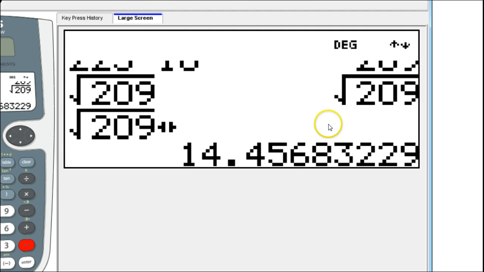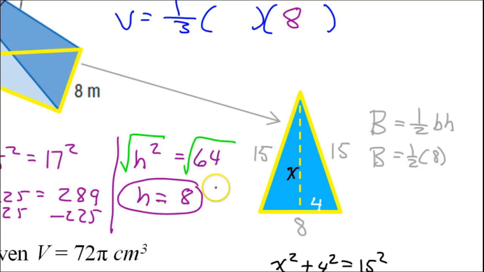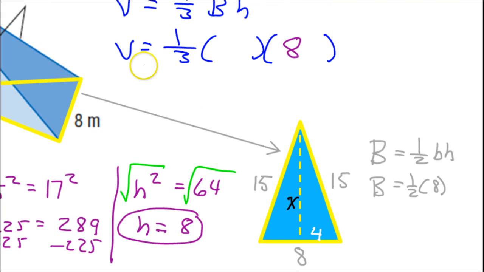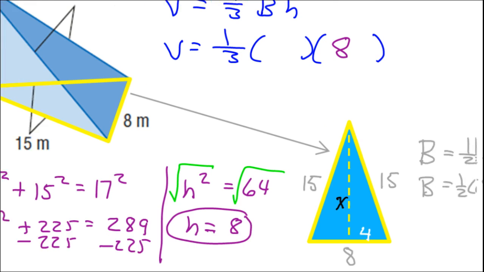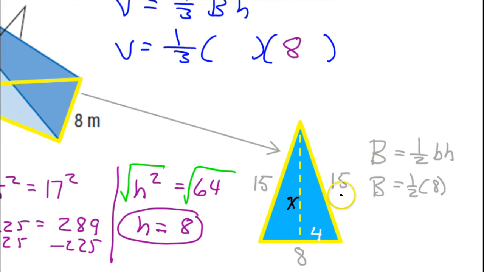So let me decide what I want to do. Alright, so let's remember what we are working on here. Our overall goal is to find the volume of this pyramid. But to find the volume, we needed to do 1/3 area of the base times the height. So we did the Pythagorean theorem, and we found the height of the pyramid was 8. But we still needed the area of the base. Now this triangle represents the base of the pyramid, so we need to find the area of it. So then we decided that the area of a triangle is 1/2 base times height. So we had to do the Pythagorean theorem again to find the height, which turned out to be the square